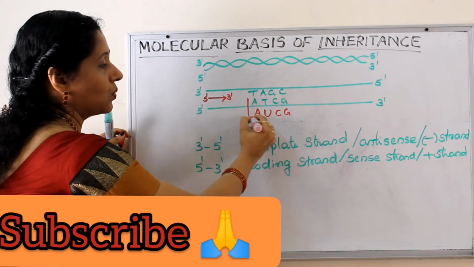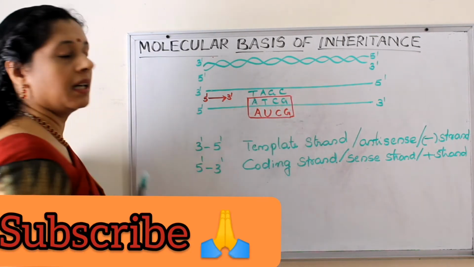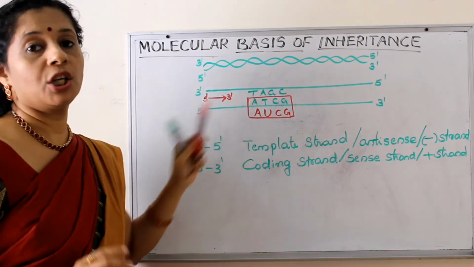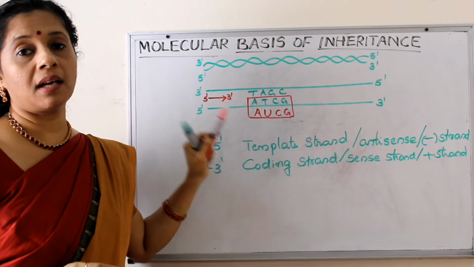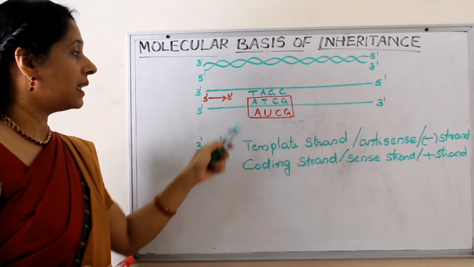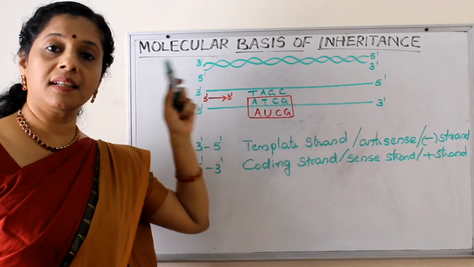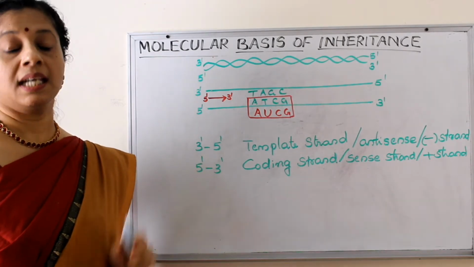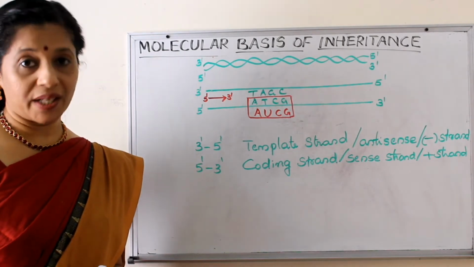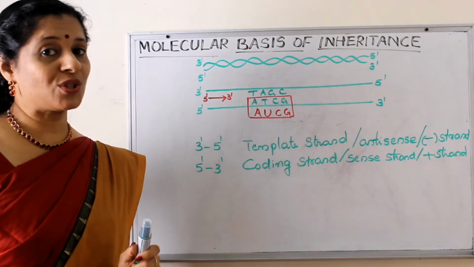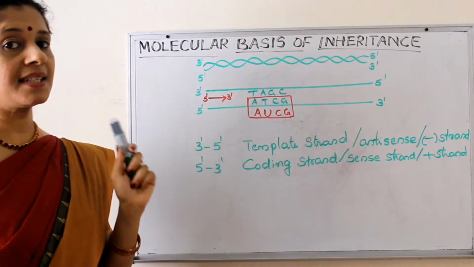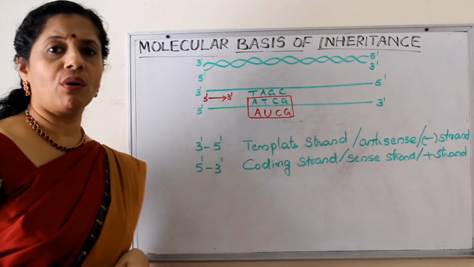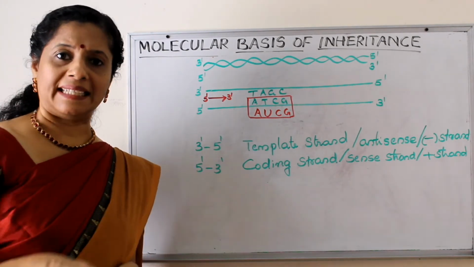Now look at these two. They are the same, only with the exception of thymine and uracil. DNA has thymine, RNA has uracil. So the sequence in the coding strand is similar to that of the RNA forming. That is why it is called the coding strand. And also all the references we make are with respect to the coding strand. So though it is not coding for anything, we are not completely neglecting it.